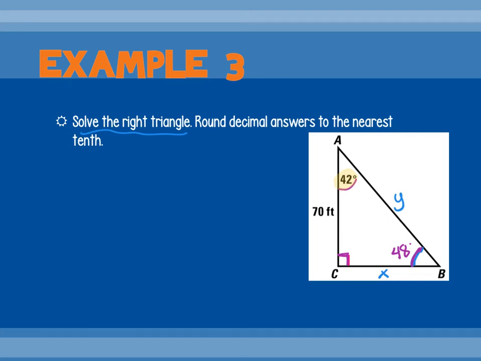And then let's say I solve for x first. So x is opposite the 42, and I'm going to use the one that gave me, which is 70. That's adjacent. Opposite and adjacent is, again, tangent. So the tangent of 42 would equal the opposite side, which is x, over the adjacent, which is 70. Numbers in the bottom, so I'm just going to multiply it by both sides. 70 tangent of 42 is going to give me x,